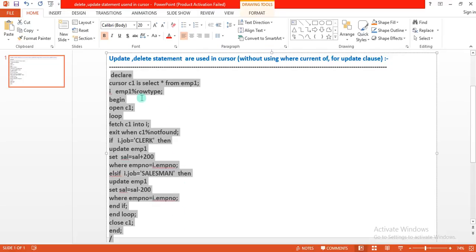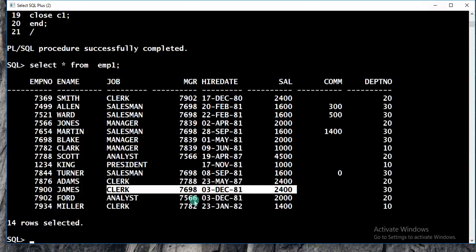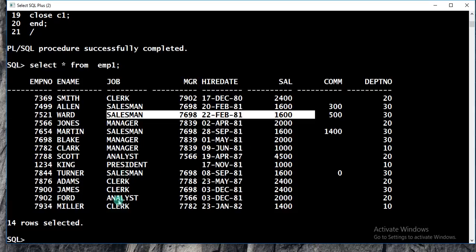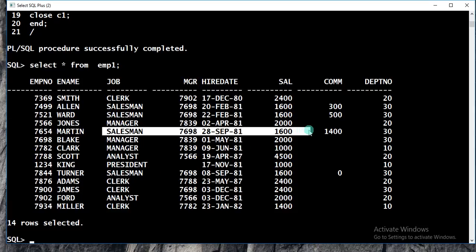So now copy the same program. Before executing that, you have to observe it. For the clerk, if you are doing any clerk job, 200 should be added. Now how much salary should you get? 2,600. For clerk only, here 2,600 should be affected in the base table. But for those doing the job of salesman, 200 will be decreased. Here 1400, here also 1400. So for the salesman job, 1400 should be generated after completion of executing this program.